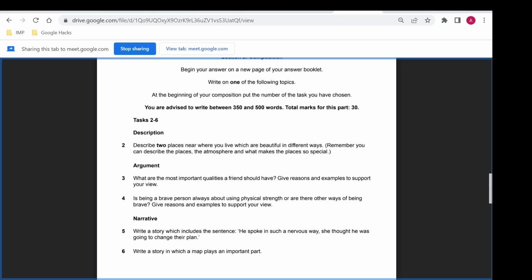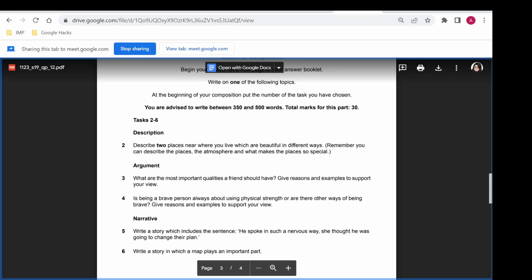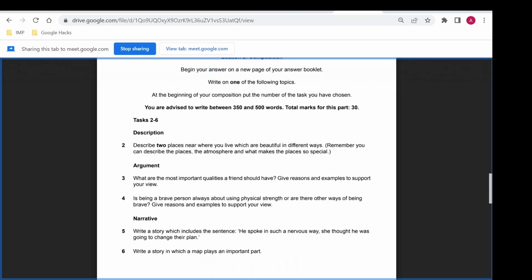Now, this is something that I would want my students to be very, very particular about. Remember, we all know the kinds of writers we are. If you just open your, because you go to school, don't you?